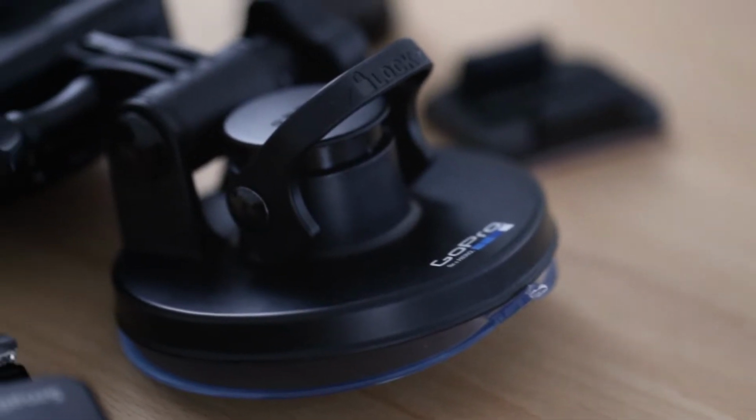The epoxy takes 24 hours to set, so when you apply it to the surface of the helmet, make sure you only put the mount down on top of it while it cures. If you try and do this with the added weight of the GoPro, the mounting plate may slide around as the epoxy cures. If you go the stationary camera route and want to use a suction cup, I would recommend